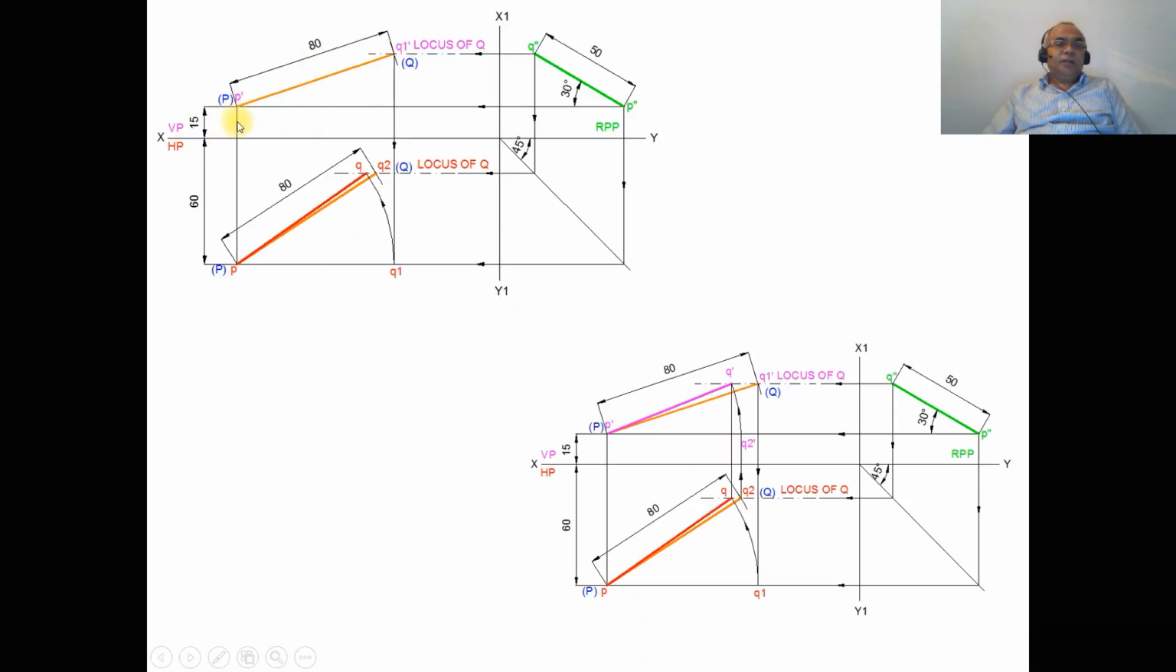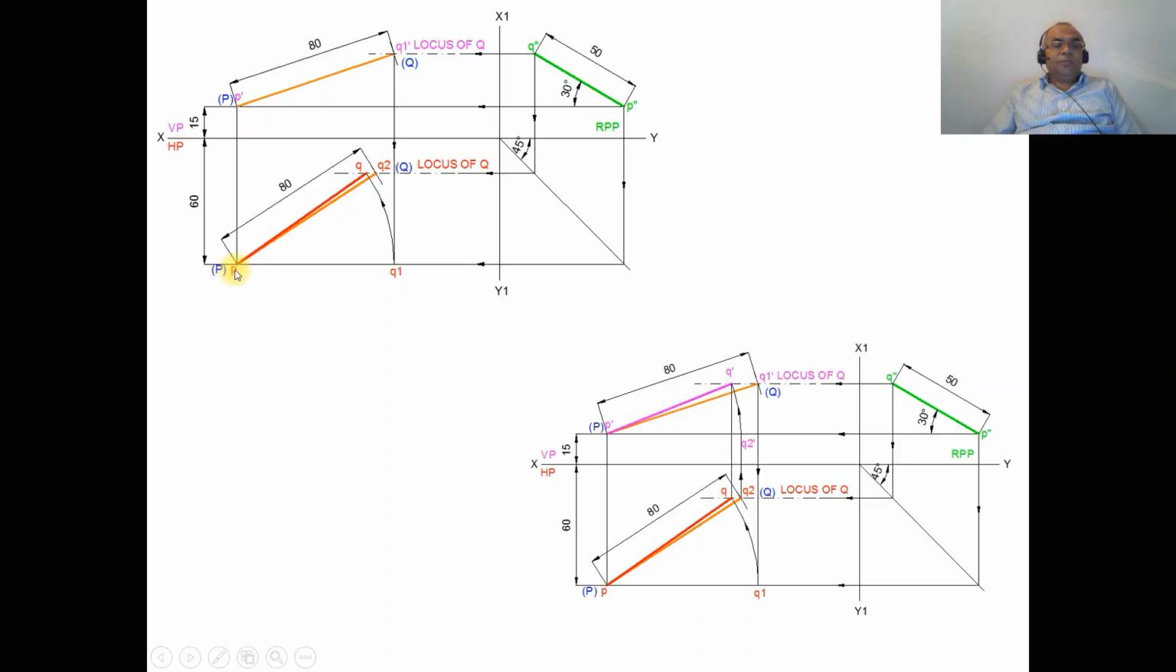P in the top view, that is in the horizontal plane, is in front of VP by 60 mm. Obviously, the point capital Q1 should also be in front of VP by 60 mm. Then only the line is going to become parallel, because this is the true length in the vertical plane. So draw a vertical projector from Q1 dash to the projector from P,